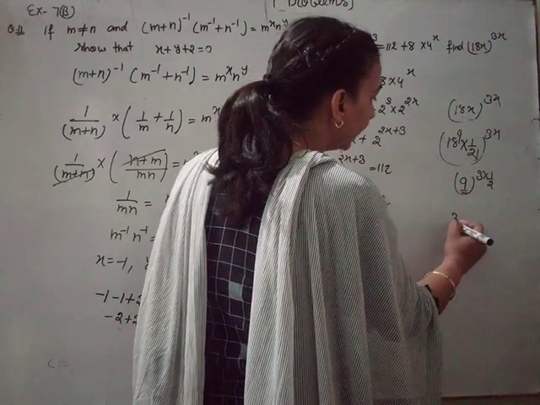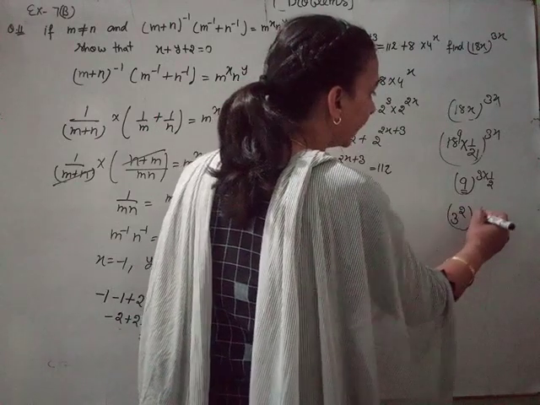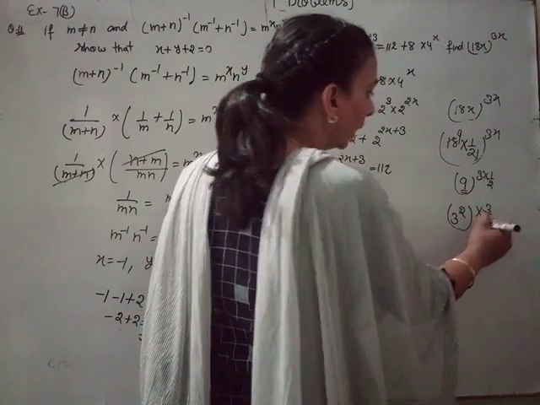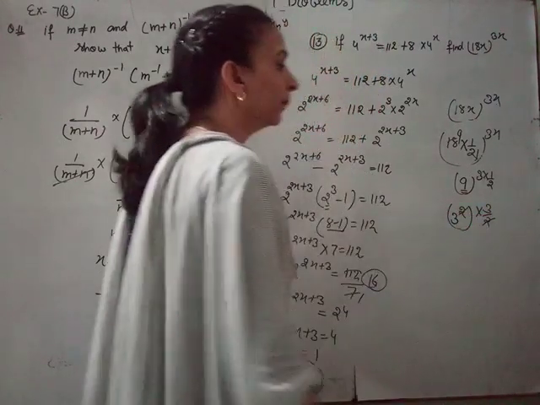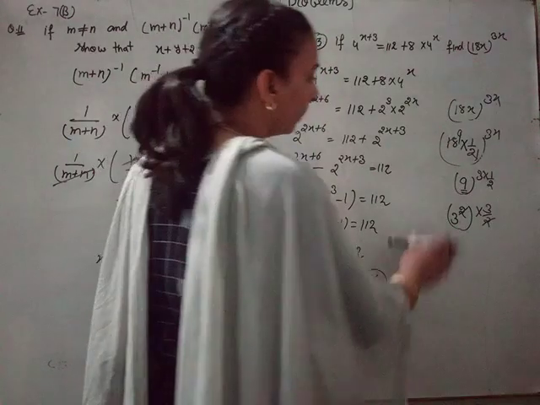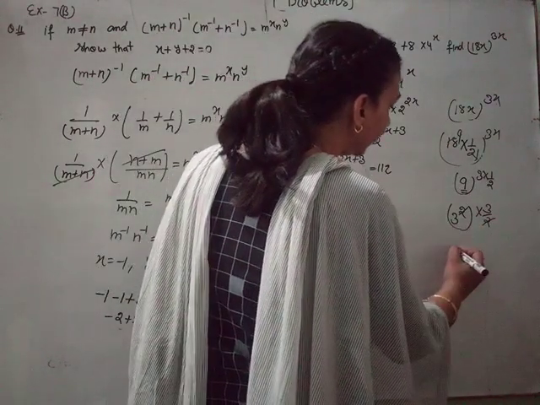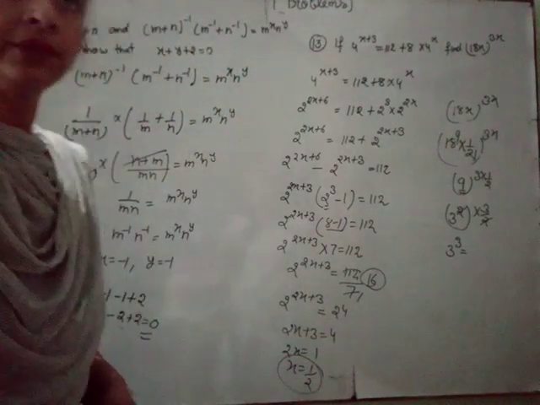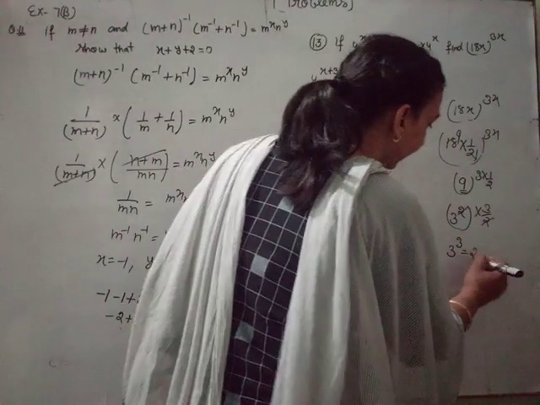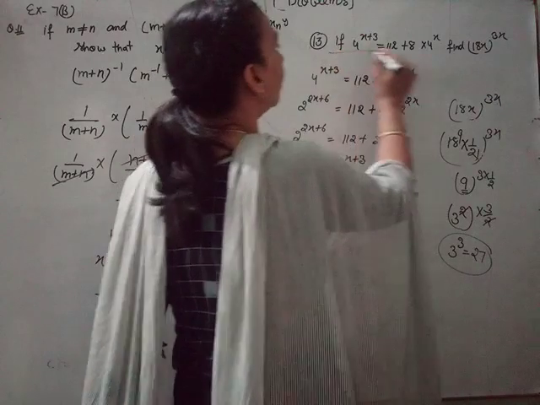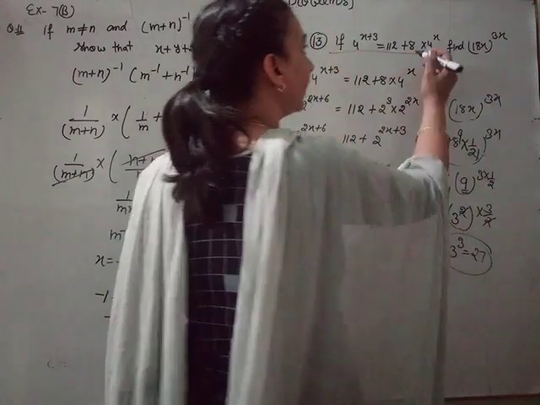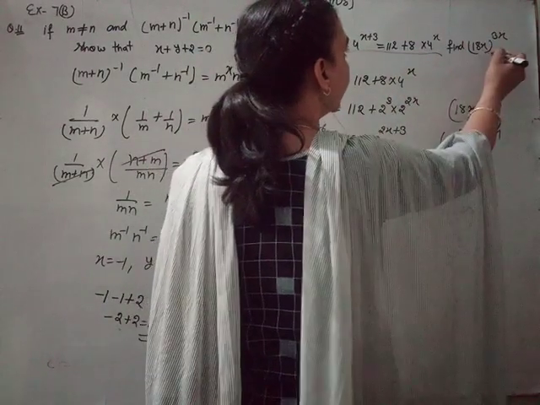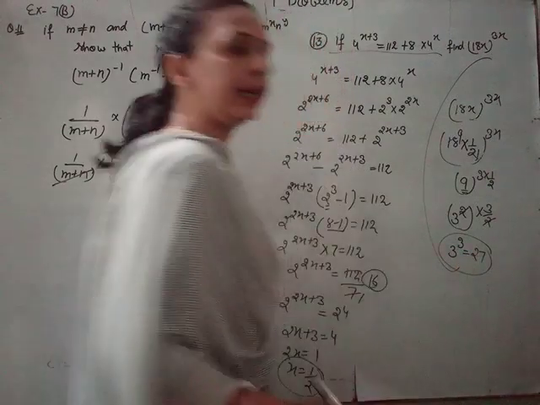And we write 9 as 3 raised to the power 2, multiplied by 3 raised to the power 2. According to the power law, power to power, the powers multiply. Then 3 raised to the power 3, and students, we know that 3 raised to the power 3 equals 27. Okay, then with the help of this we find the value of x. After that, use it in this, and this completely equals 27.